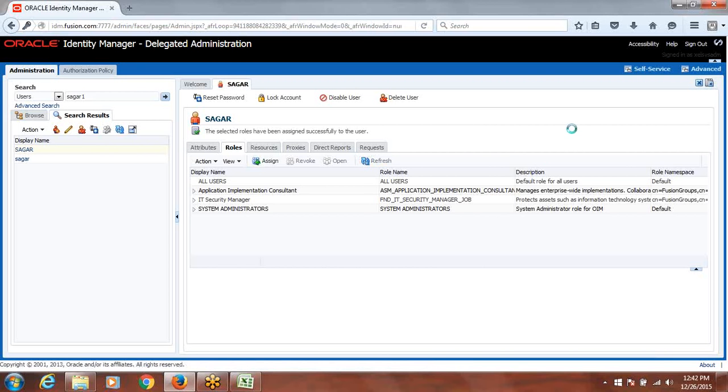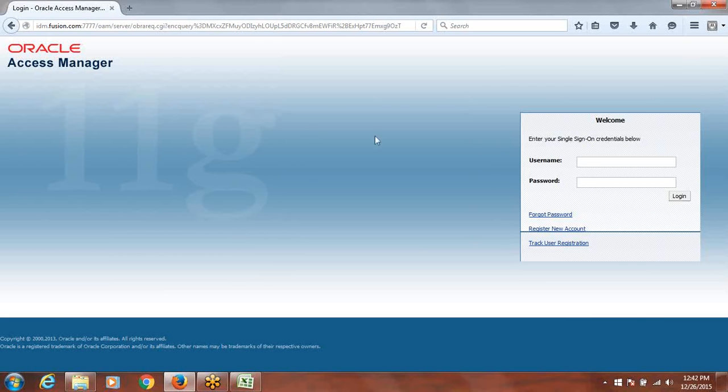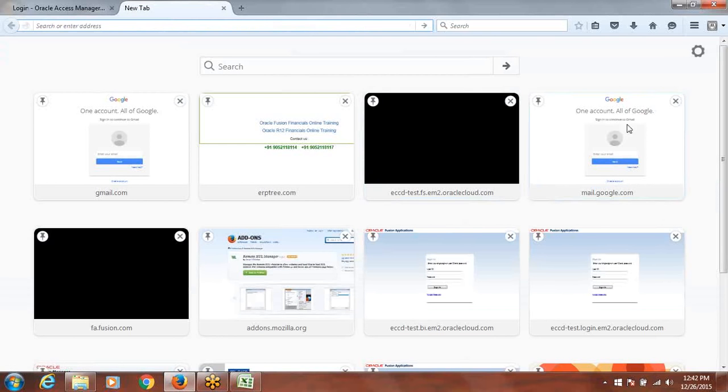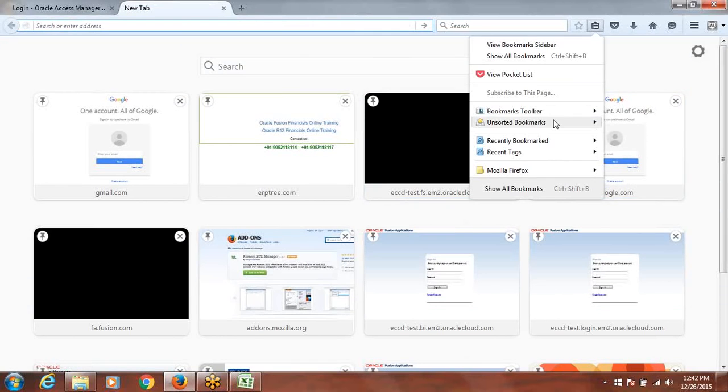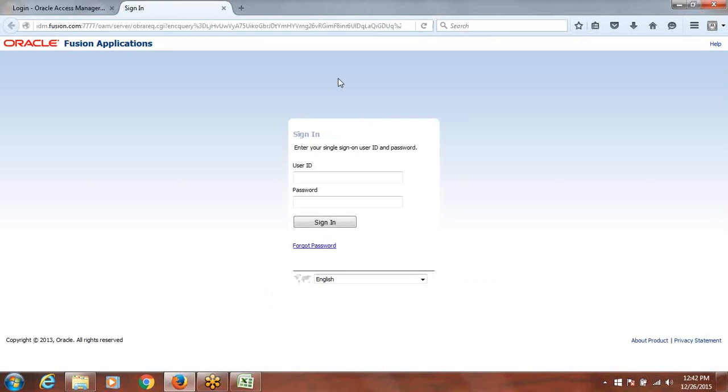Okay, done. Now we log into the instance with this user. Just sign out, and we log in with this user to applications. For applications we have a separate URL. So this is the login page. Username is Sagar. Password is